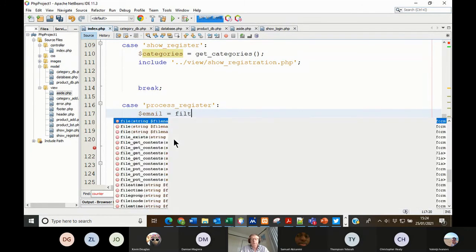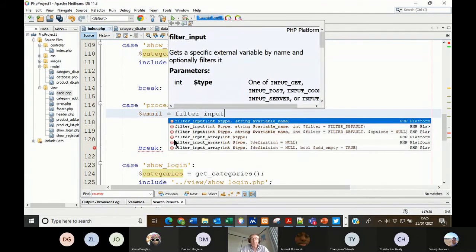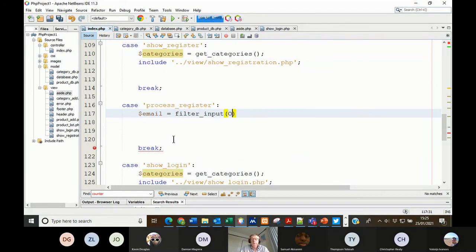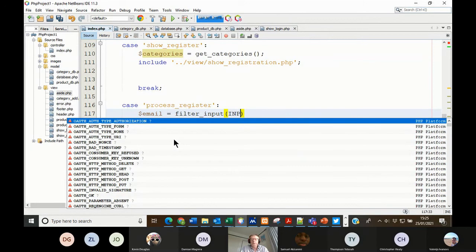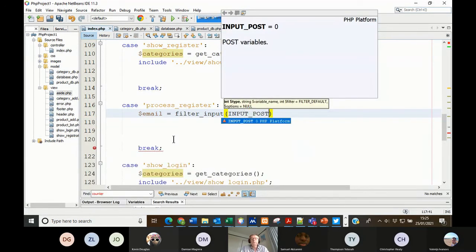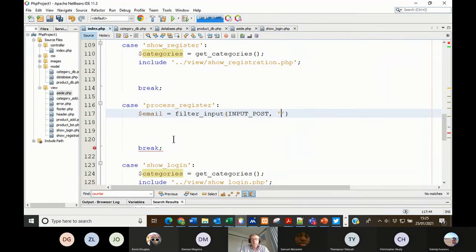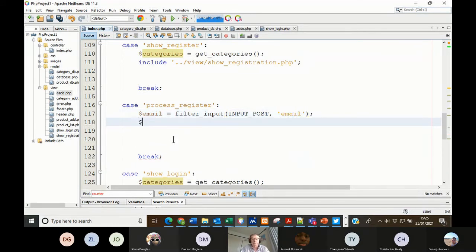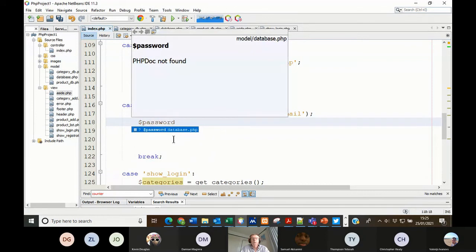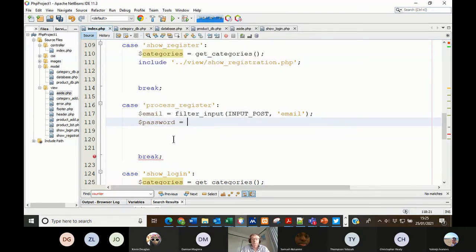We have to filter input. INPUT_POST, email. And then we have a $password. That's going to be equal to